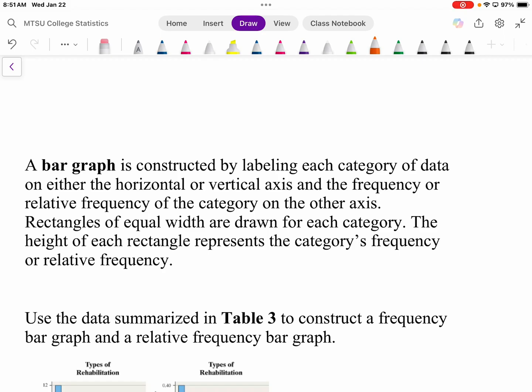But we do see sometimes, and we talk about it in here, why sometimes we do a horizontal in there. We got to make sure as we draw this that the rectangles are the same width as we go through the process. And then, as we label it, we need to make sure that